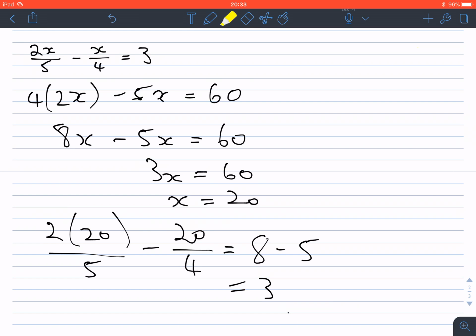So that's a successful proof then that when we substituted x equals 20, we get the solution here of 3, and it's the same as the question at the